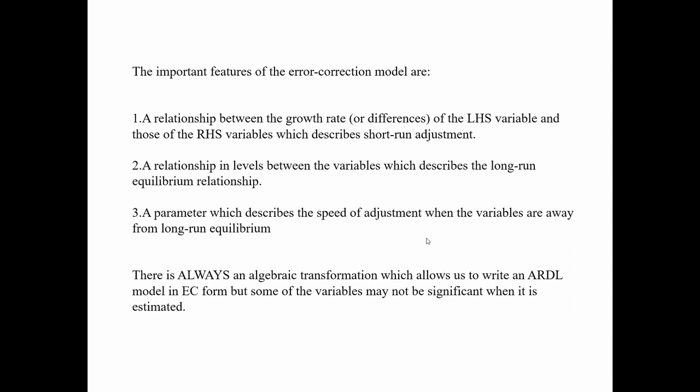Firstly, it gives you a relationship between the growth rate or differences of the left-hand side variable and those of the right-hand side variables, which captures short-run adjustment. Secondly, it gives you a relationship in levels between the variables, which describes the long-run equilibrium relationship. And thirdly, it gives you an estimate of the parameter which describes the speed of adjustment when the variables are away from long-run equilibrium. It links the short-run and the long-run